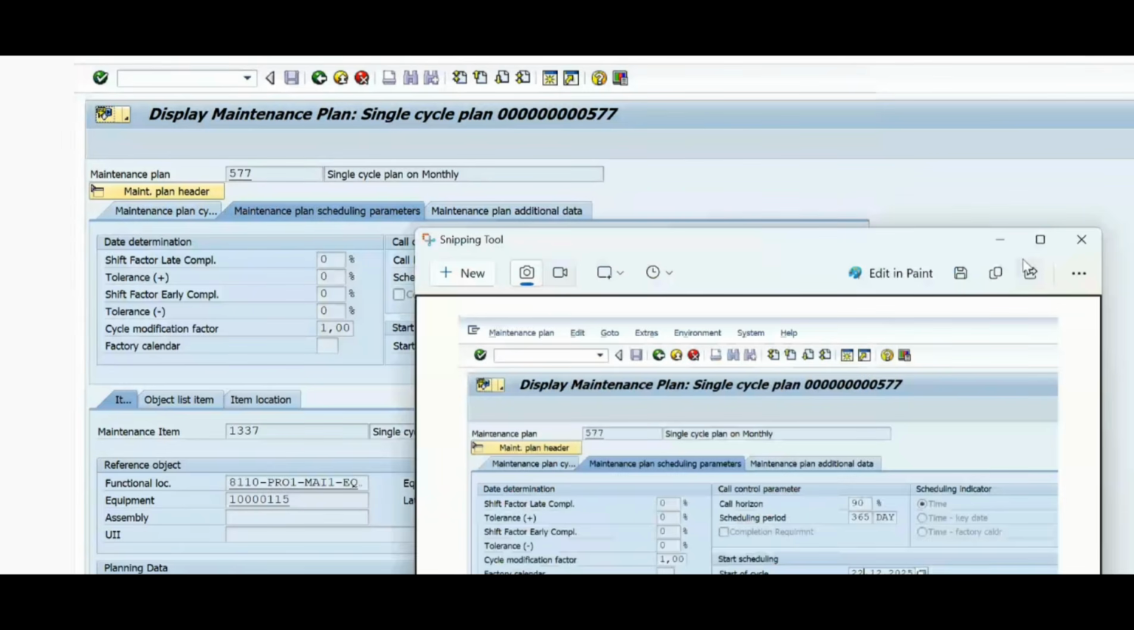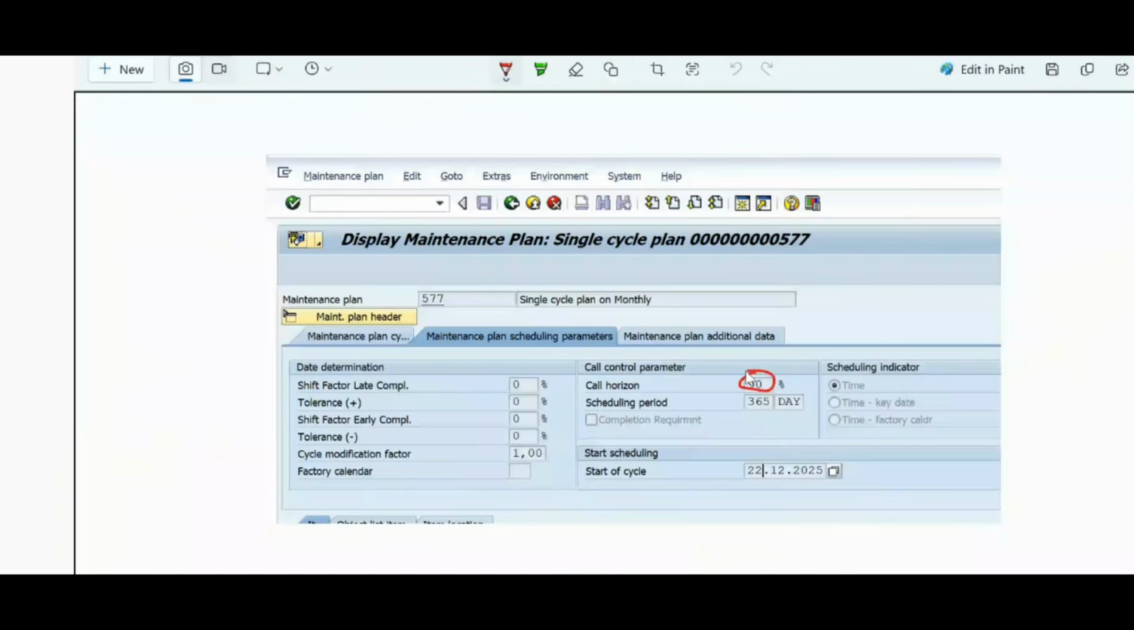हाँ देखो, अभी पैरामीटर क्या क्या मेंटेन किया: कॉल होराइज़न 90% मेंटेन किया है और स्टार्टअप साइकिल में आज की डेट मेंटेन की है, और मेंटेनेंस प्लान साइकिल में 1 मंथ किया है। ठीक है।